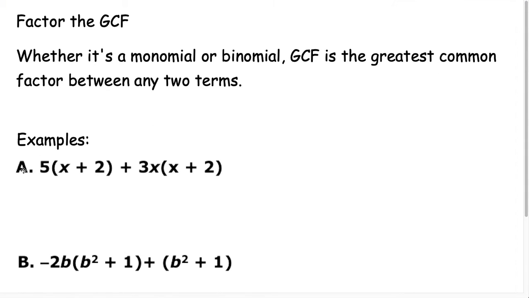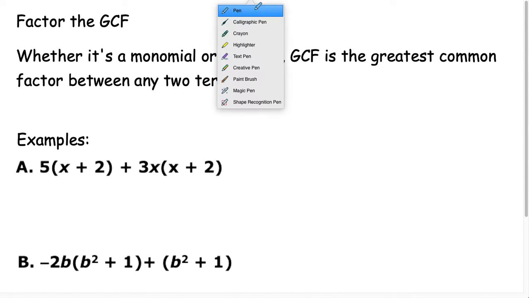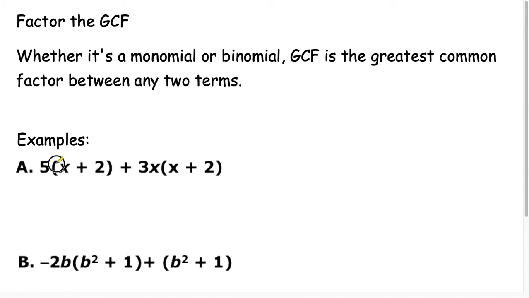In example A, we have 5 times the quantity of x plus 2 plus 3x times the quantity of x plus 2. We must recognize that x plus 2 is common between both terms. In the first term, this is being multiplied by 5, and in the second term, this is being multiplied by 3x. In this case, the GCF here is x plus 2. So if we factor out x plus 2,